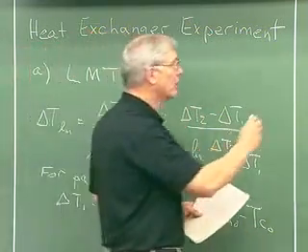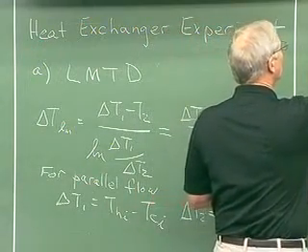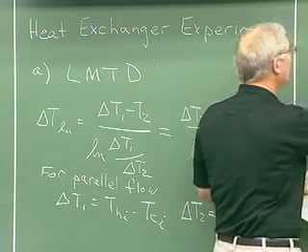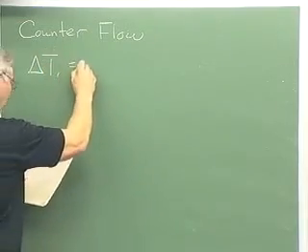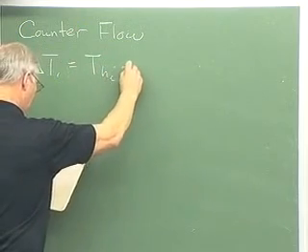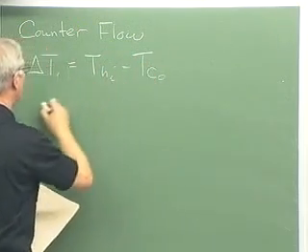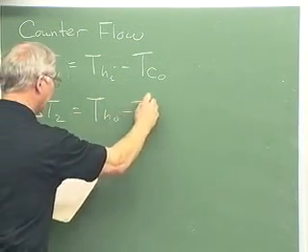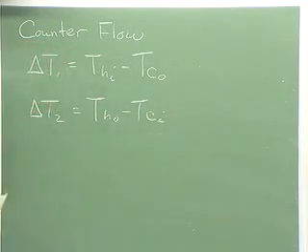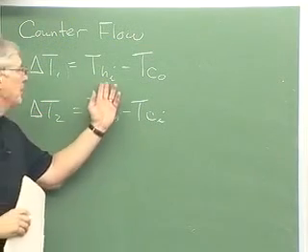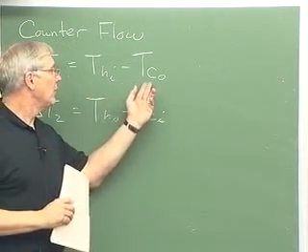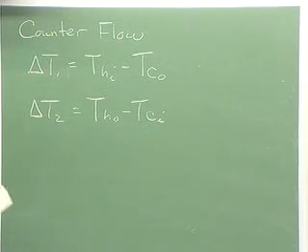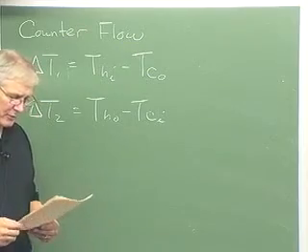For counterflow, we have that delta T1 is equal to T hot in minus T cold out, and delta T2 is equal to T hot out minus T cold in. In the experiment, you're going to be measuring T hot in, T cold out, T hot out, and T cold in for both situations. So you will have that information,